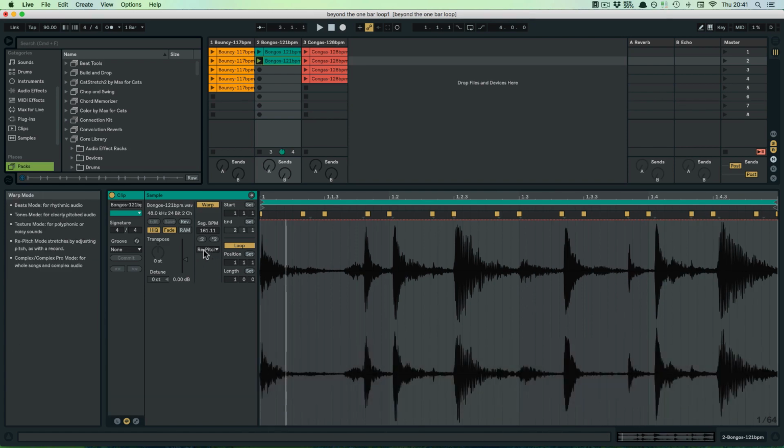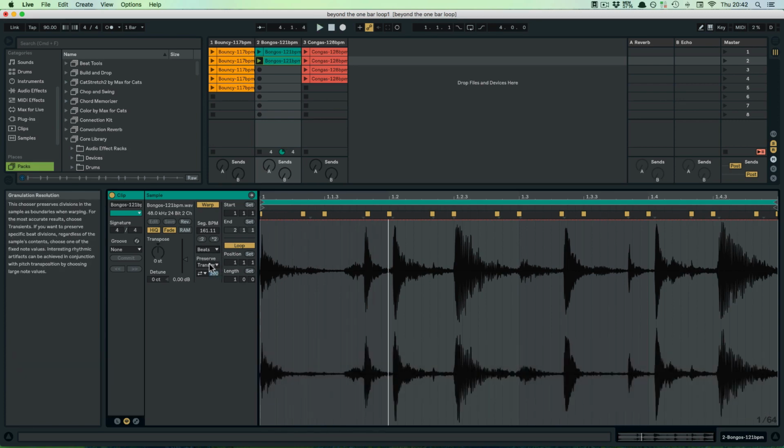So at the moment we have the warp mode repitch chosen, so that actually pitches the sound up or down depending on where the warp marker is placed, if it's stretched or not. So maybe let's go to beats and try this again. And then we can try different settings here as well. So what do we want to preserve? The transients, which are these here,